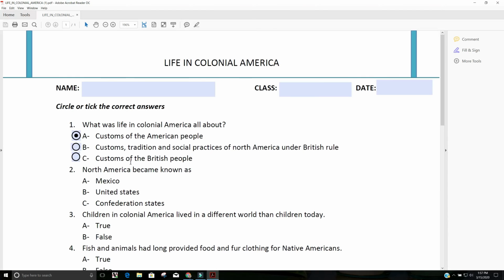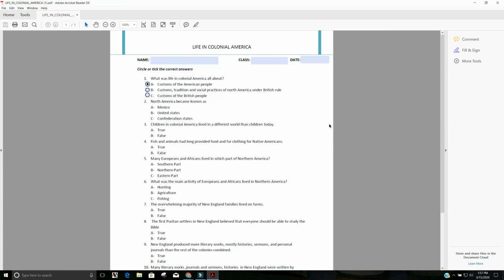You'll see I have it here. It downloaded as a PDF. I'm going to zoom out of this. This opened in my Adobe Reader, and so now I have Life in Colonial America, my name, Caleb, class, U.S. Hist, today's date, which is the 15th,